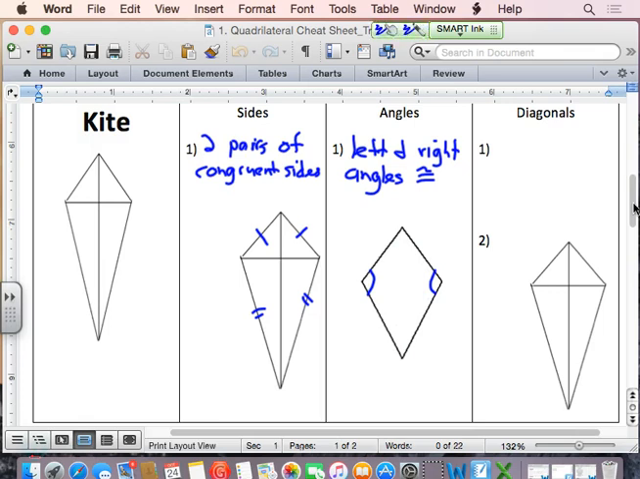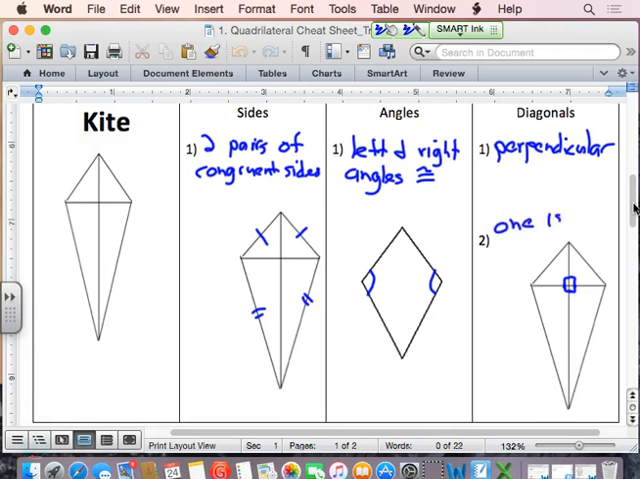And as far as the diagonals go, we know a couple things about the diagonals. One, the diagonals are perpendicular. So right here, this makes a 90-degree angle all the way around. We have four 90-degree angles. And we also know that the